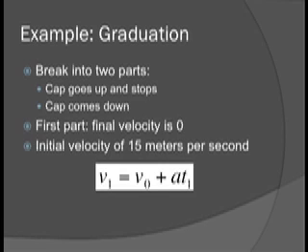The best way to approach this problem is to break it into 2 distinct parts. In the first part, he releases the cap with some initial velocity upwards, and it goes up until it reaches its peak, and then it stops, resulting in a final velocity of the first part of 0. For the second part, the cap's going to start up at that resting spot and come down until it lands back into his hand. So if we assume an initial velocity for the first part of 15 meters per second,